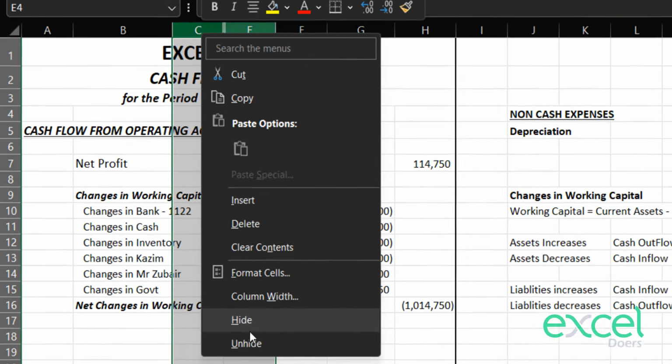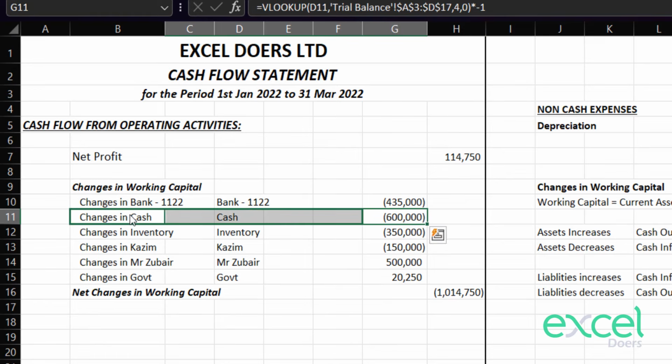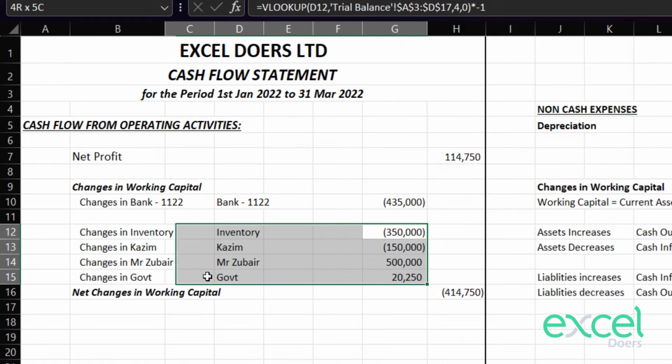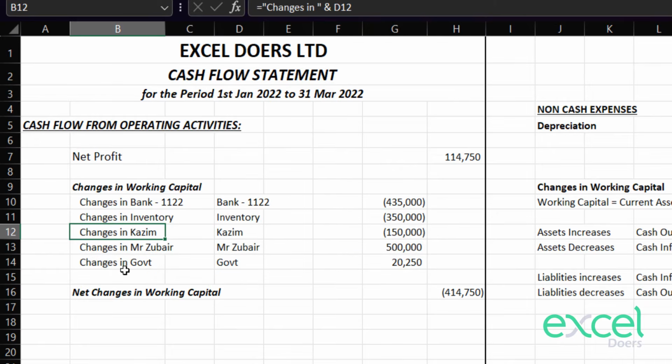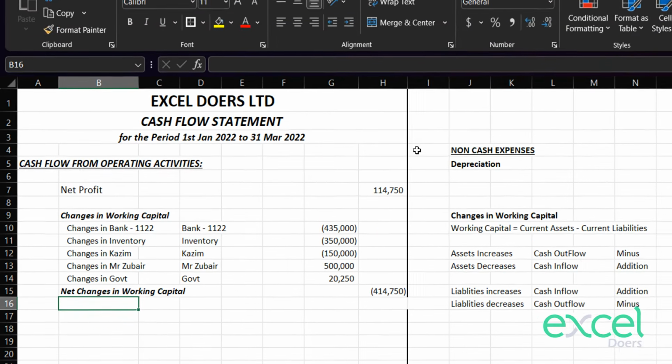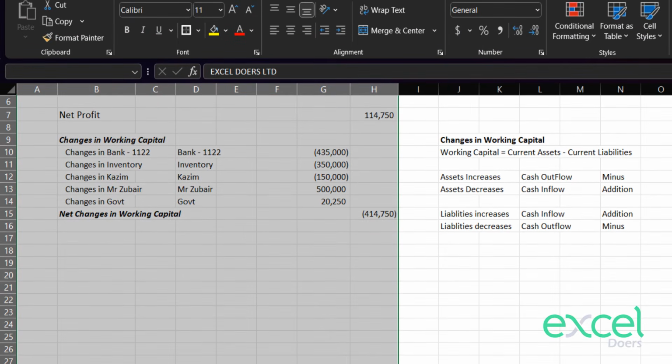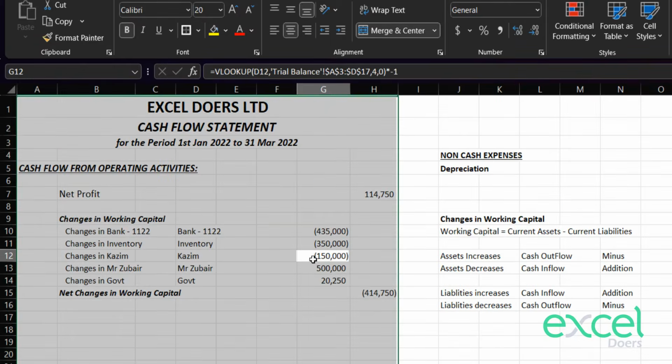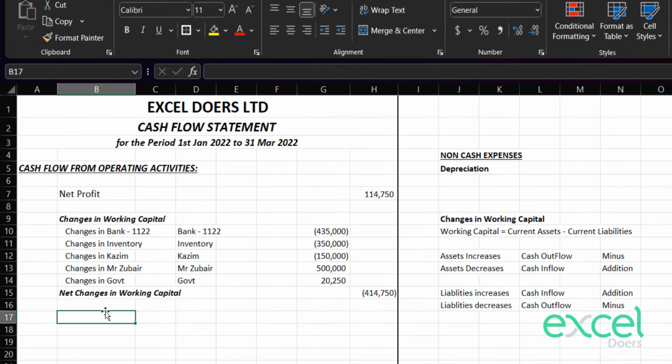So let me unhide this column again and just remove this cash entry, right? Let me move them up, right? Also let me move them up. Apply a formatting again, right? So now the answer that has come is basically your cash